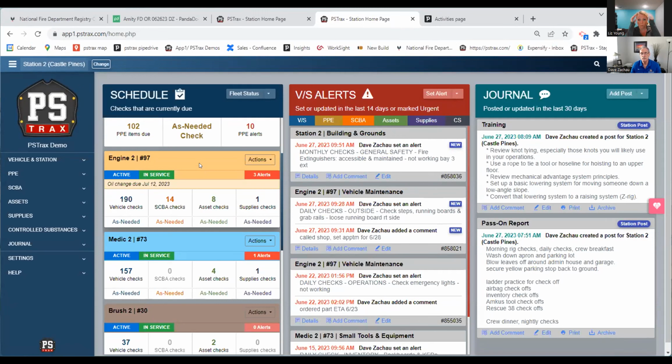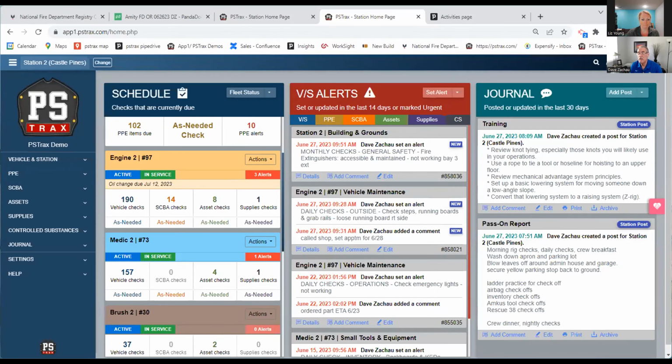So this is just my mind wandering, but it comes to mind because my husband's department is selling one of their engines, they got a new one, they don't need the old one. But have we had any use cases where people have had to pull a maintenance report on an engine because they're either donating or selling it to another department and they can hand all those records right on over? Well, I'm not familiar with those,